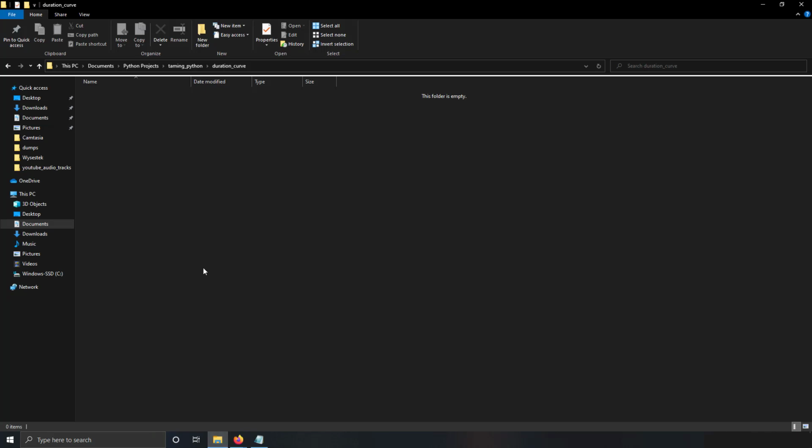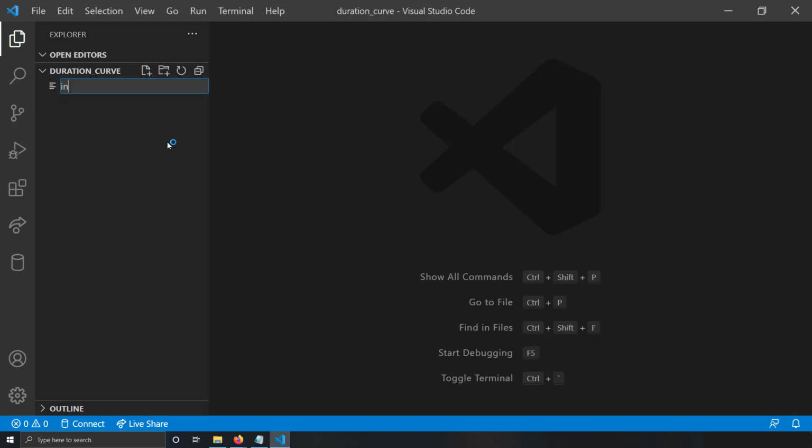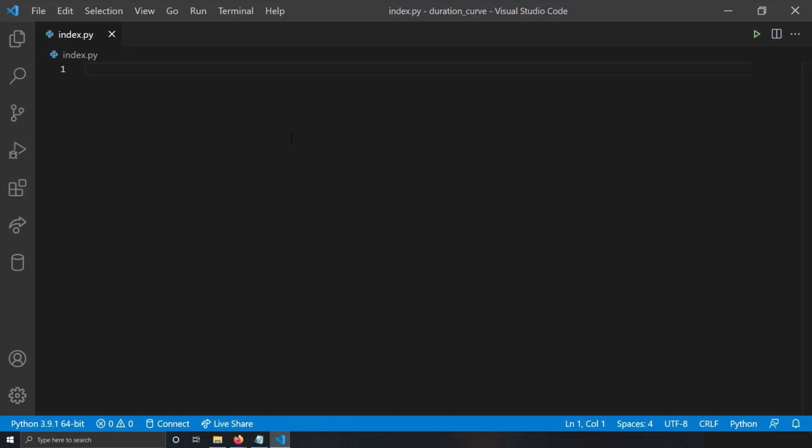So I'm going to take a blank folder, I'm going to open it with VS Code. I'm going to create a new file and I'm going to name it index.py. So first let's try to create that function which converts the samples into duration plot values. So I'm going to name a function. I'll just do def, and I'll just write the name of the function as derived_duration_plot_values. And here I'm going to give the input of the values. It can be a list.